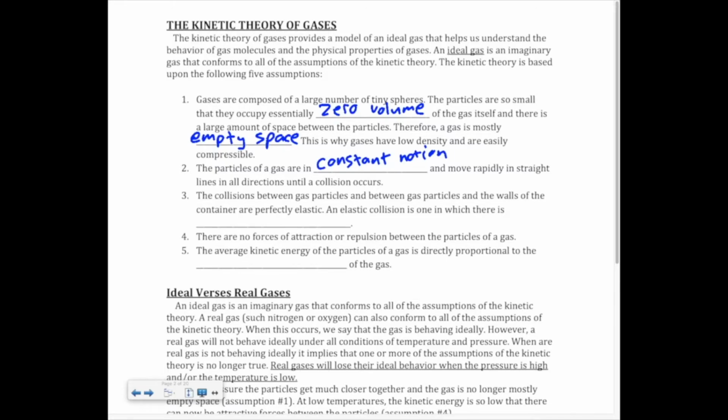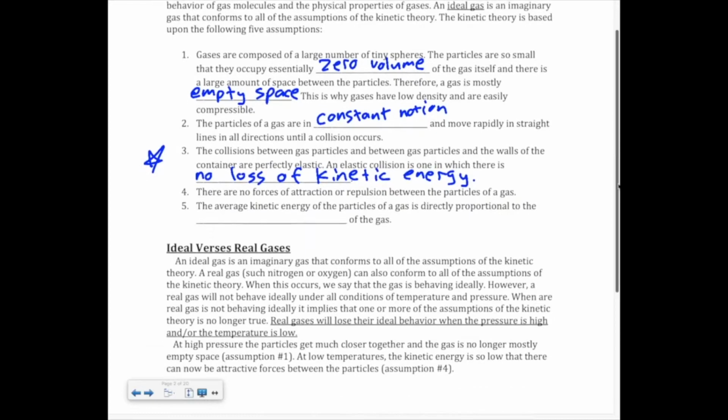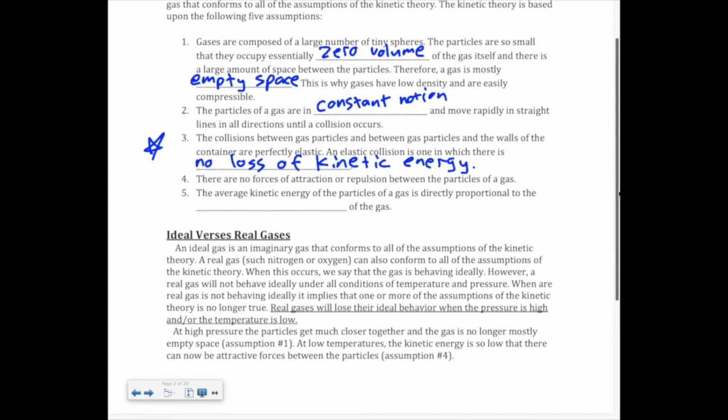Now, the collisions between gas particles, and between gas particles and the walls of the container, are perfectly elastic. An elastic collision is one in which there is no loss of kinetic energy. This is the one that a lot of students have trouble with because they think of gas particles as tennis balls, and tennis balls do lose their kinetic energy, but gas particles do not lose kinetic energy when they collide